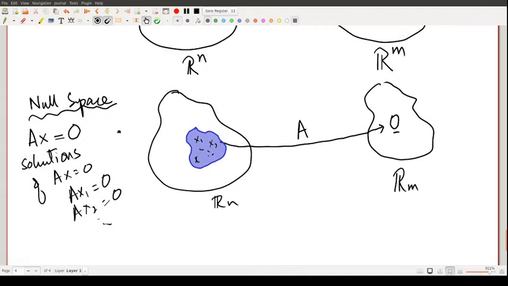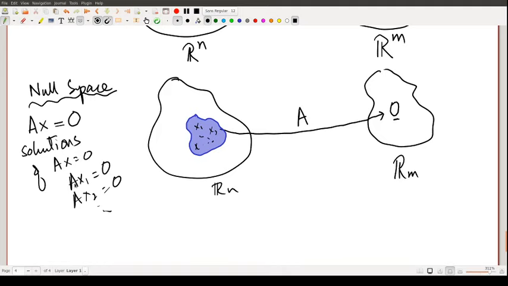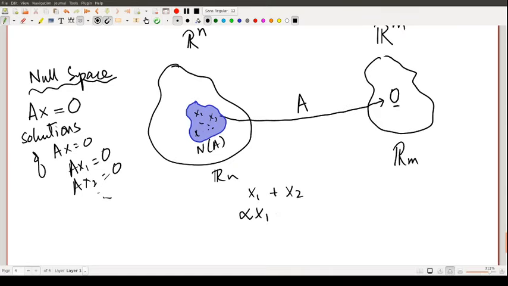This is called the null space. You will notice that if you take any linear combination of such vectors, let's say alpha 1 x1 plus alpha 2 x2,